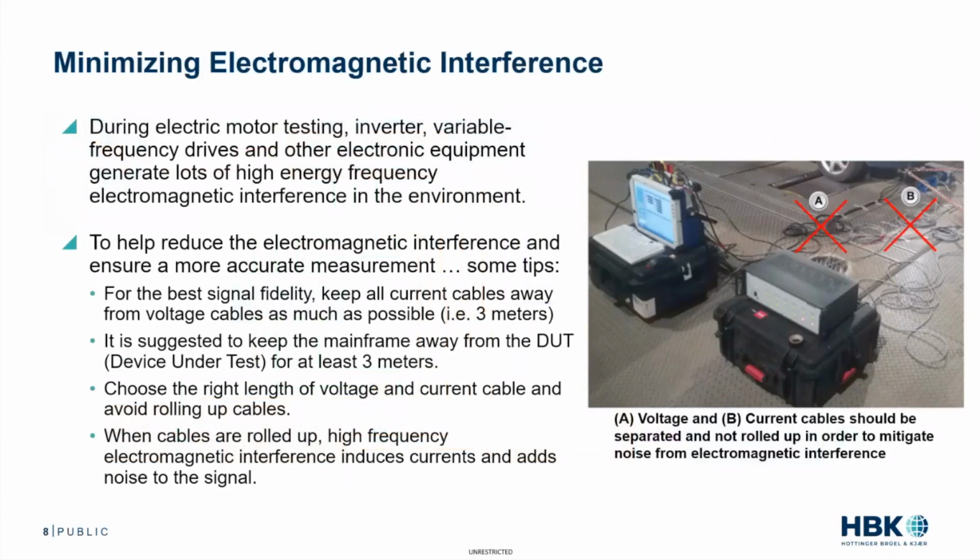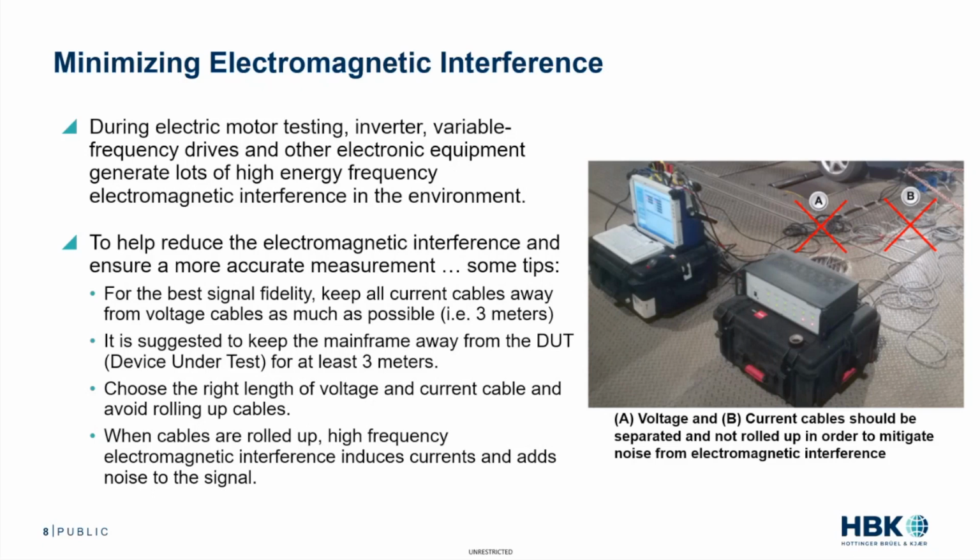So first, let's talk a little bit about minimizing electromagnetic interference. When you're doing an electric motor test, you have naturally, in most cases, an inverter. You have variable speed drives, and maybe some other electronic equipment, just generating lots of high energy frequency electromagnetic interference in the lab. And so some tips on reducing the electromagnetic interference and ensuring a more accurate measurement would include